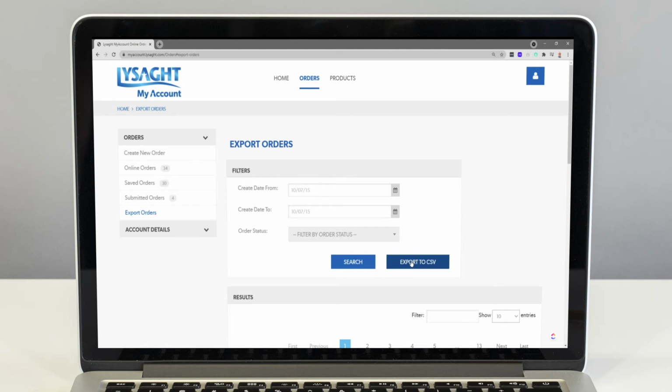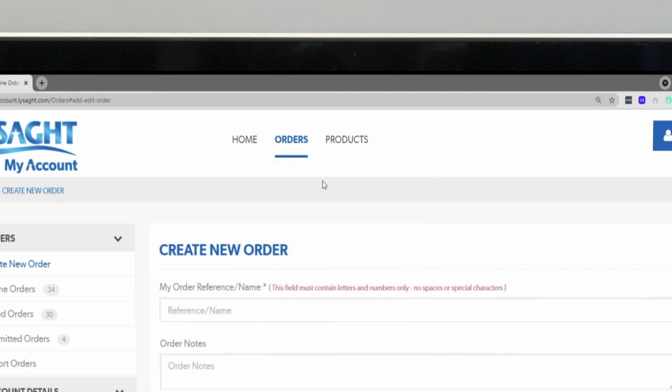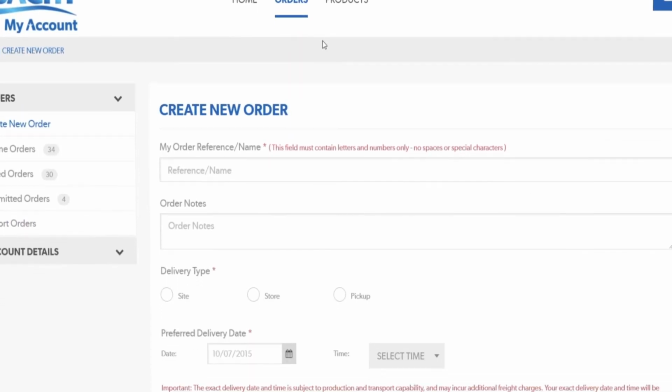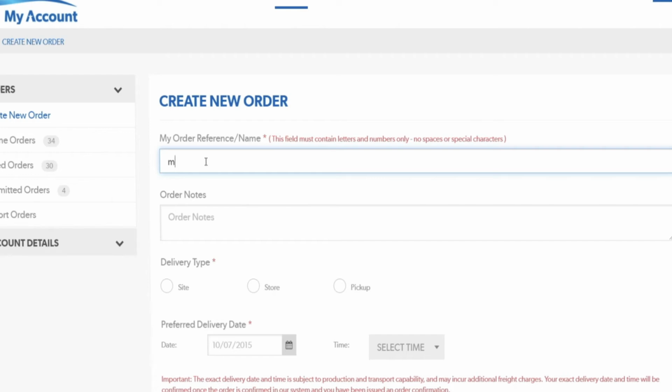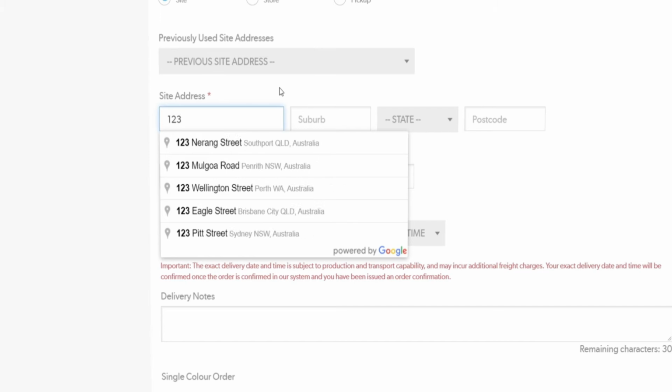To start a new order, go to the top menu and click on Orders and select Create New Order. First off, simply enter the details as prompted on the screen. Provide your order reference to tie in with your system. Choose your delivery type: to site, your store address, or whether you will pick up from our site. If the order is being delivered to site, fill in the location and contact details